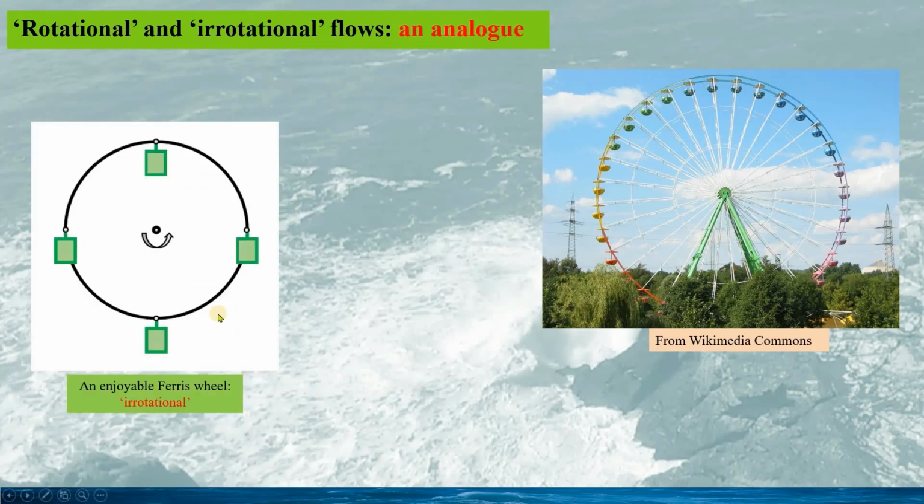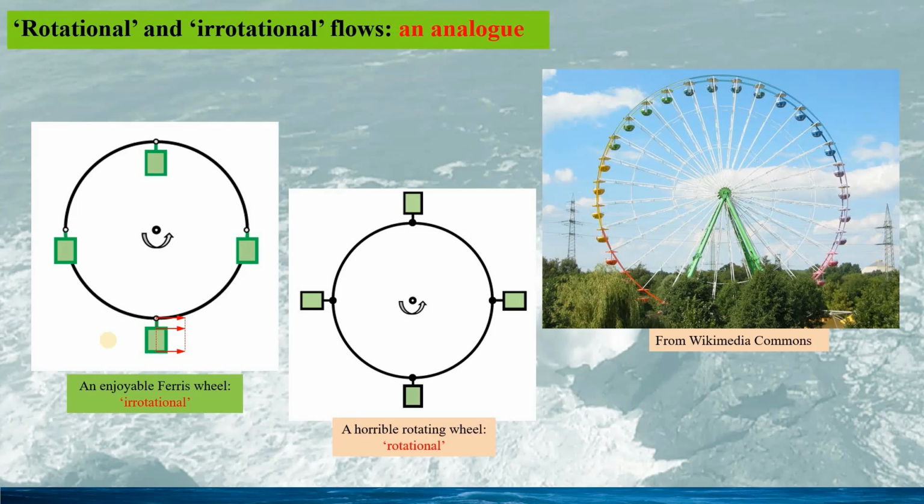We draw this picture for the Ferris wheel, and when the wheel rotates around the axis, the capsules would keep the upright position all the time. And we can see the velocities at the different positions on the capsules are all the same. So this means there is no rotation around any axis for the capsules.